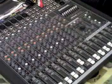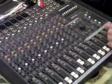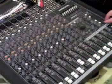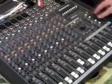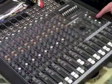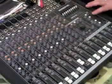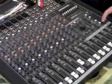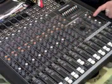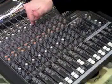What it also allows you to do is the minute you press that solo button, the output meters which are here, which are these two ladder meters showing all these LEDs where the level goes up and down. There's a 0 level here, and then you're getting into clipping at the very top here, the red and yellow section of the meters. It takes the channel signal and displays it just on the left meter here. So what it's essentially doing is replicating what that little yellow 0 level set LED does here, but in a